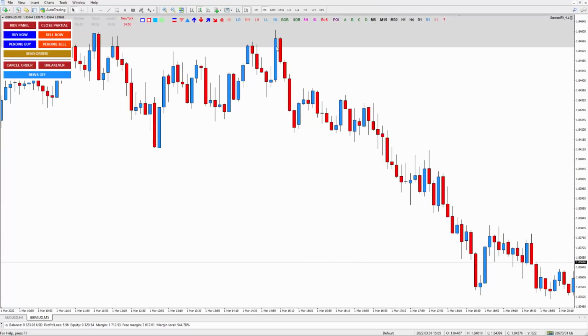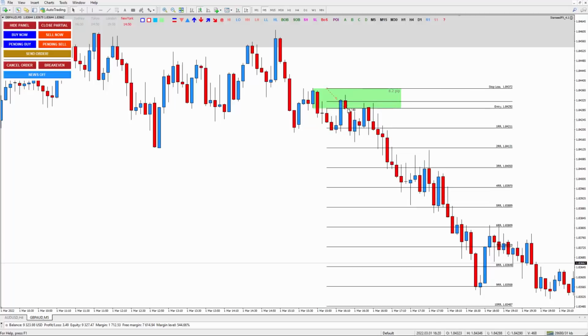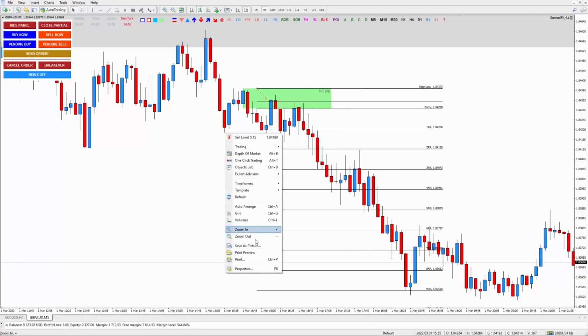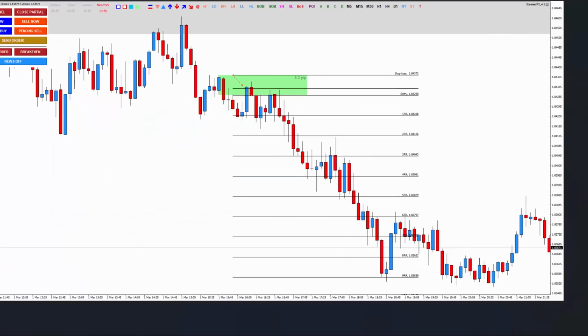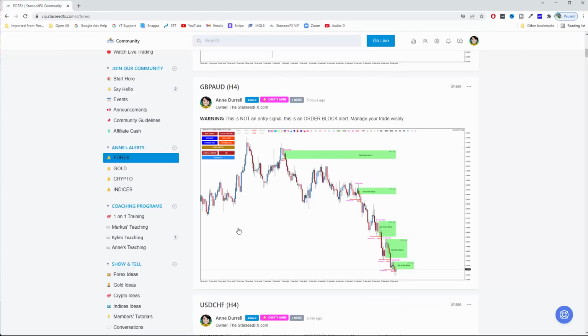For example, after this 1, 2, 3, you put where is your entry. This is your order block. For example, your target is 1 to 5 or 1 to 9, whatever, okay? And then you save this one also, and then you go to the community website.